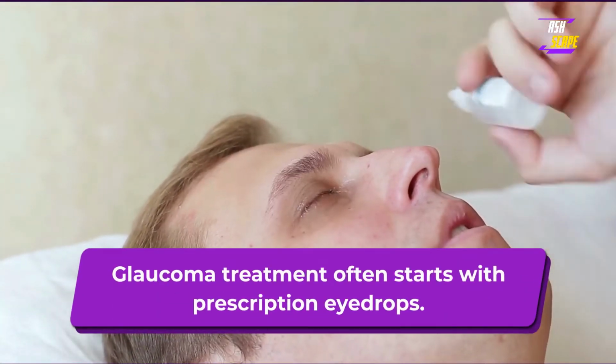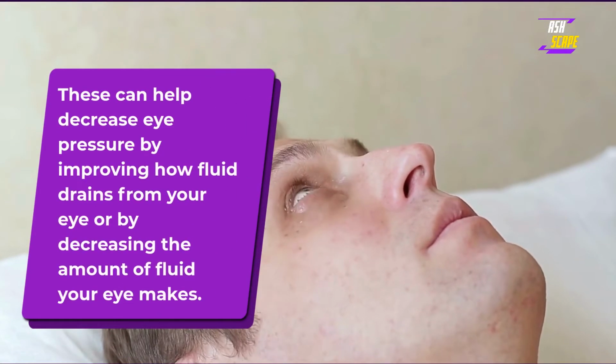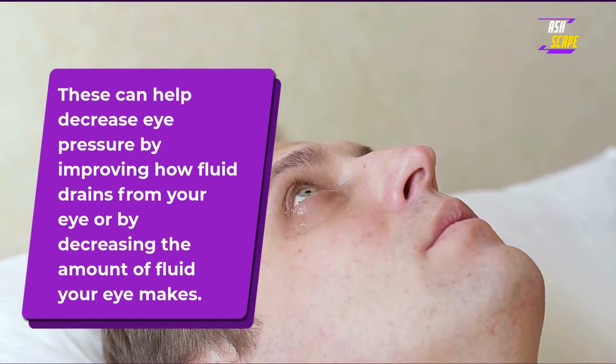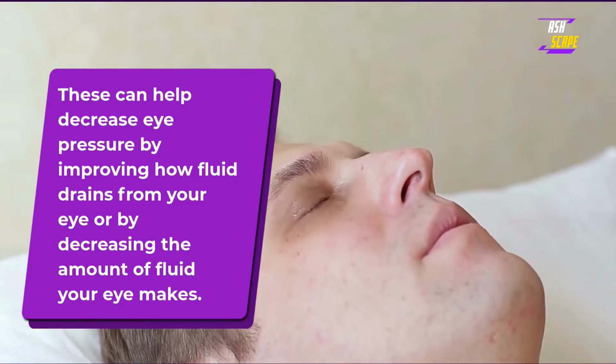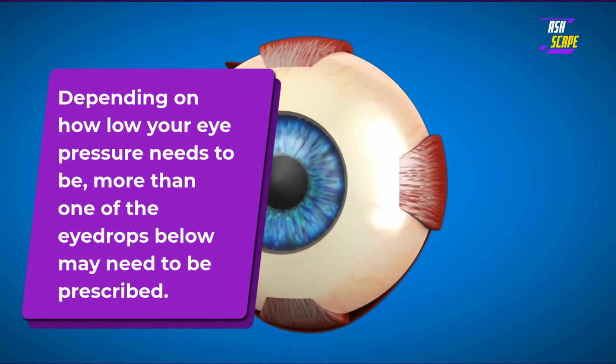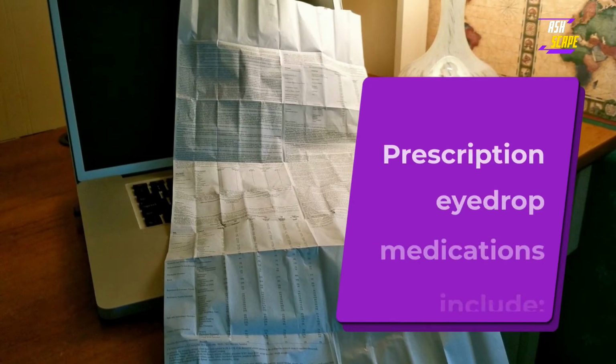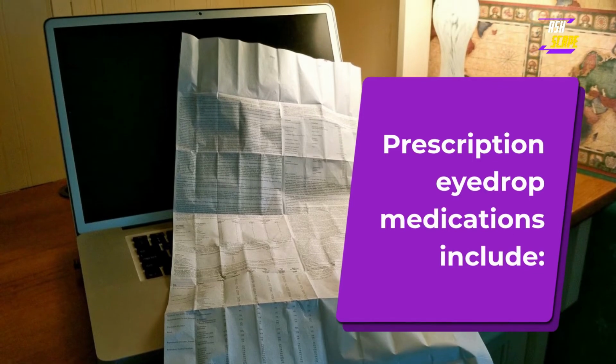Glaucoma treatment often starts with prescription eye drops. These can help decrease eye pressure by improving how fluid drains from your eye or by decreasing the amount of fluid your eye makes. Depending on how low your eye pressure needs to be, more than one of the eye drops below may need to be prescribed. Prescription eye drop medications include